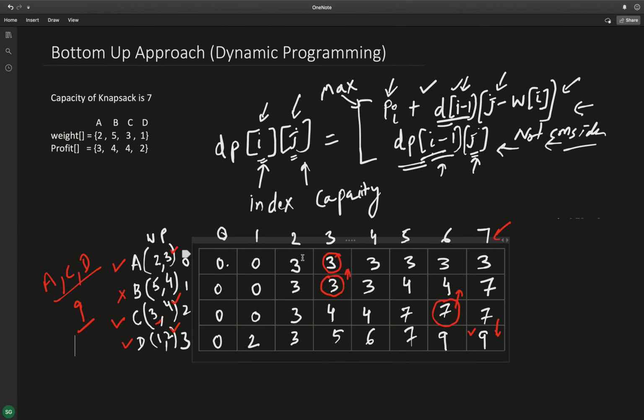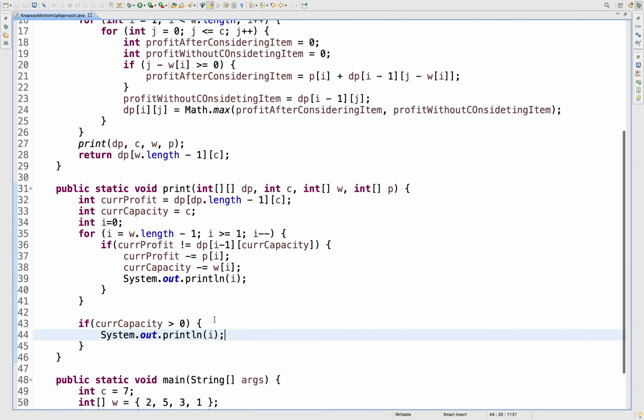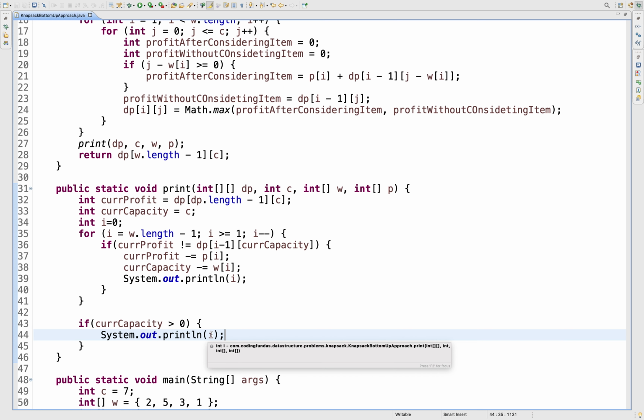Because if I reached this point and i equals 0 and still my current capacity is greater than 0, that means this item is also responsible for contribution to the maximum profit. So I think this should work.